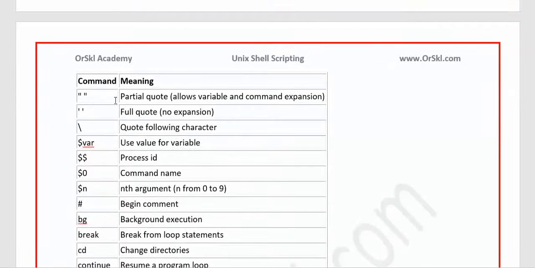Double quotes are a partial quote that allows variable or command expansion, then single quotes, backslash, $var for the value of that variable, and double dollar for the process ID of the running script.